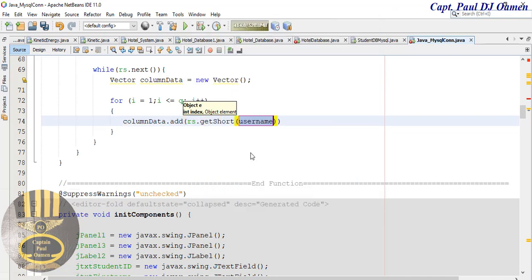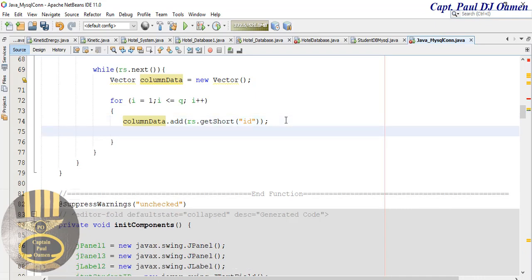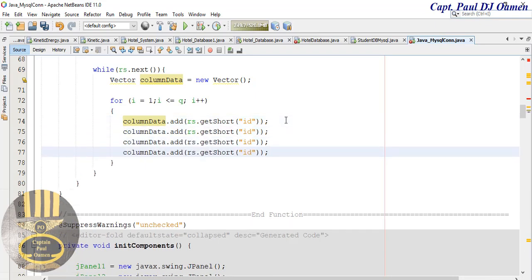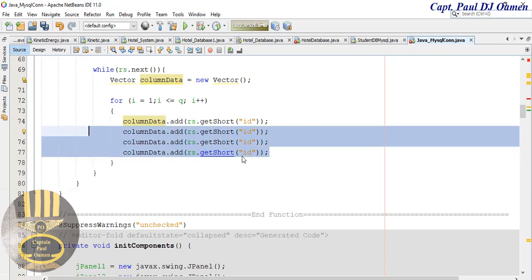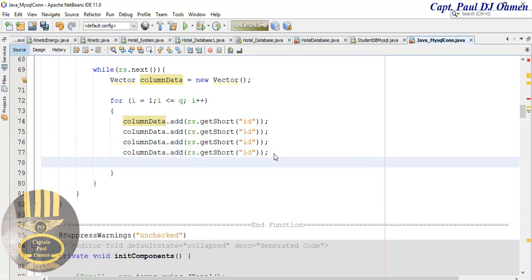Yeah, and the string, that is going to be the ID. Let's make it ID and enter semicolon there. And the other one is going to be student ID, and so on. So we'll grab this and then just paste 6 of those, and copy and paste again there. Okay,